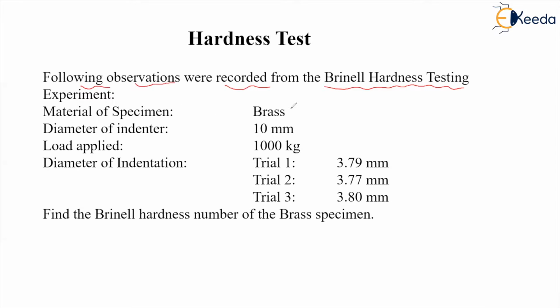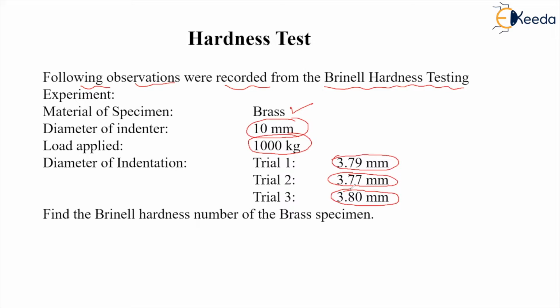The material of the specimen used was brass. The diameter of the indenter was 10 mm. This is important, which will be used in the formula. The load applied is 1000 kg, and the readings were taken of the indentation. Three trials were done. In the first trial, the reading was 3.79 millimeter. In the second trial, the data was 3.77 millimeter, and the diameter of the indentation in the third trial was